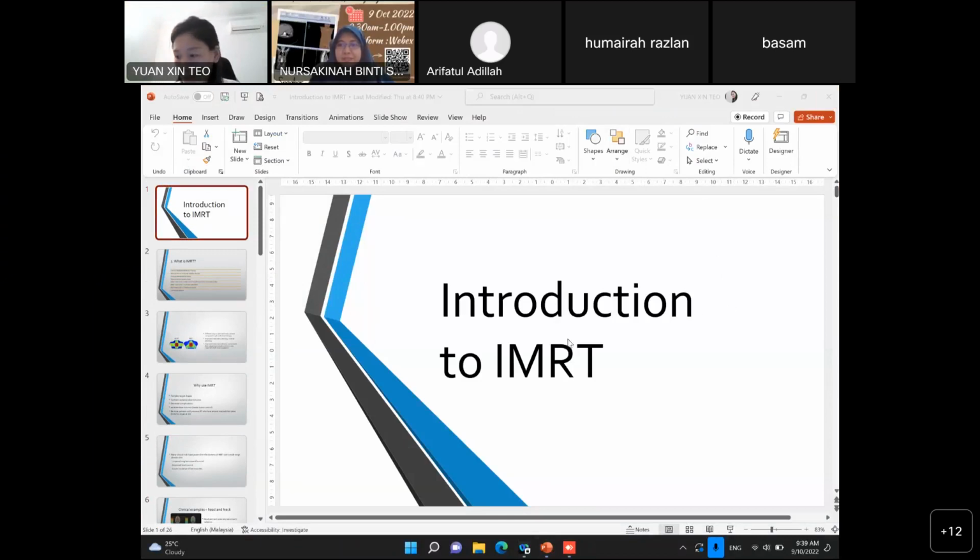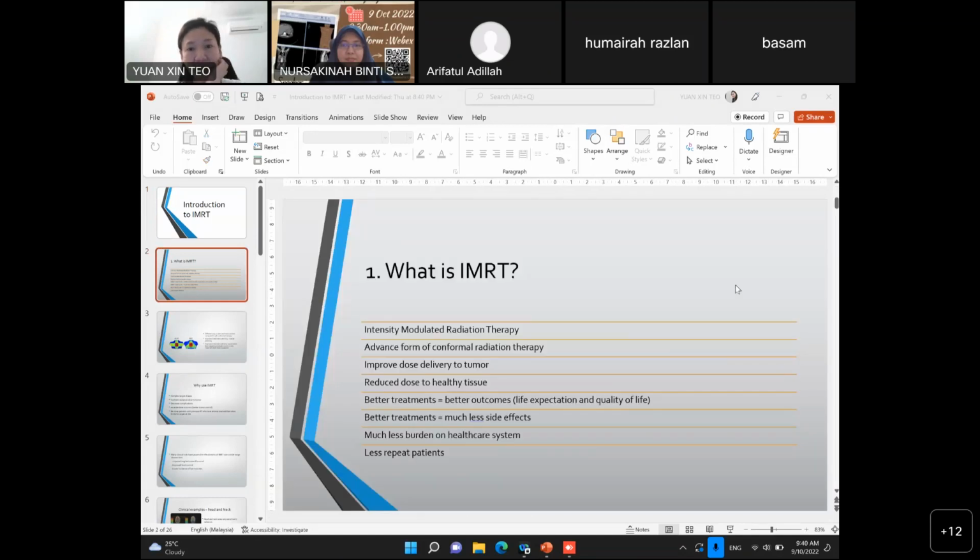Okay, so today our topic is mainly IMRT patient QA. So, what is IMRT? Does everyone know what IMRT is? This was taught in school already, right? Yes, I'll just give a brief refresher. IMRT stands for intensity modulated radiation therapy, which means we modulate the intensity of the beams. So it is an advance from the